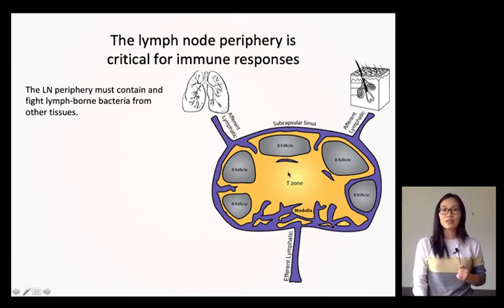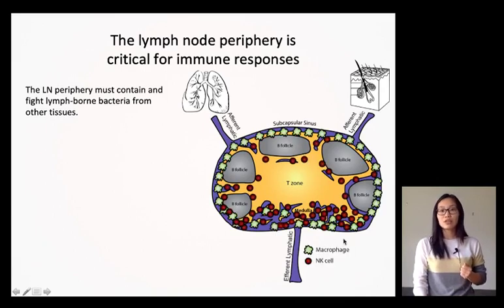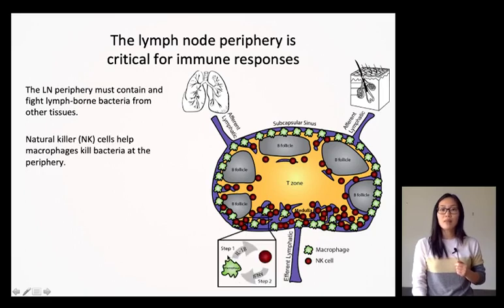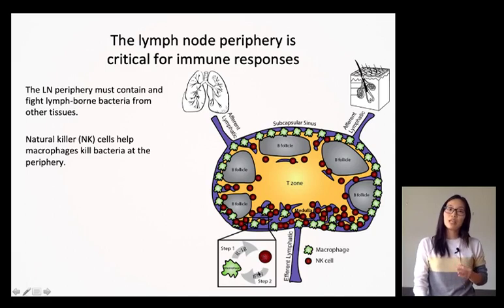Now, when a pathogen enters, how does the lymph node protect itself? There are actually macrophages, shown here as these green squiggly cells, as well as NK cells, these brown cells, that are sitting at the periphery of the lymph node. When a pathogen comes in, the macrophage gets activated very rapidly and secretes a cytokine called IL-18. This IL-18 signals to the nearby NK cells that then get activated and secrete their own cytokine, interferon-γ. It's this interferon-γ that can communicate with macrophages to upregulate microbicidal activity and thereby help control the pathogens within the